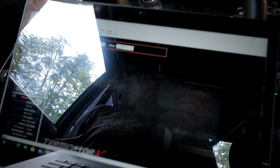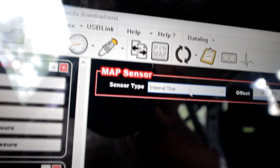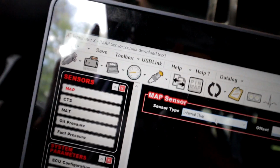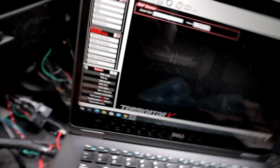I figure since it starts and runs, I'd kind of figure out what's going on, especially with things like this. And based off of the description of the problems he was having, you see it just cut out. It's not connected anymore. This car, I'm just going to call it now, needs to be rewired, but let's see if we can at least get it running better than it